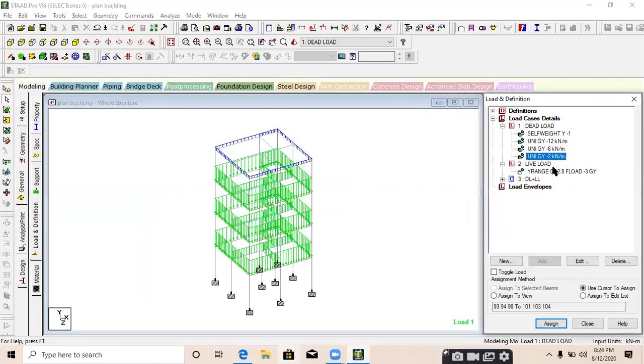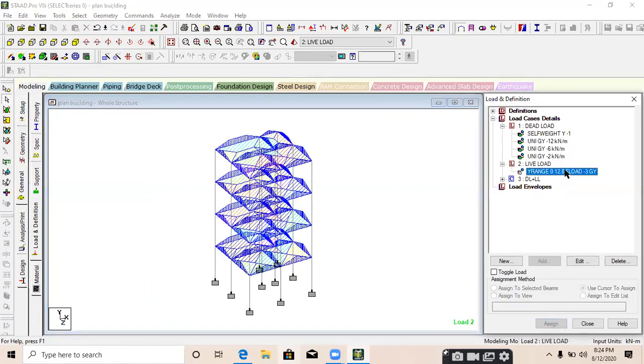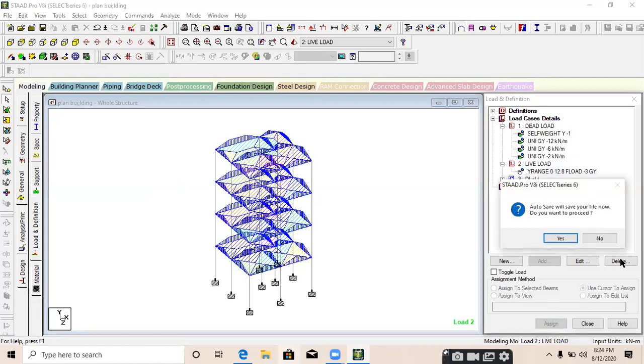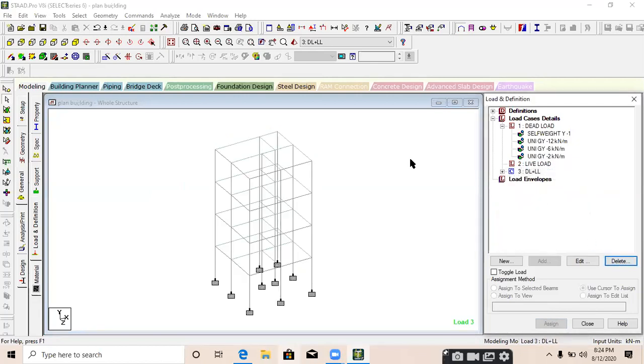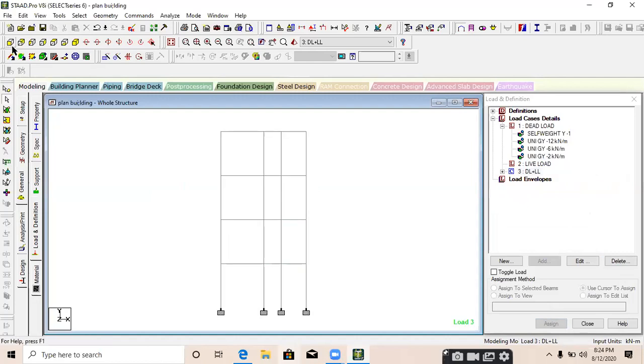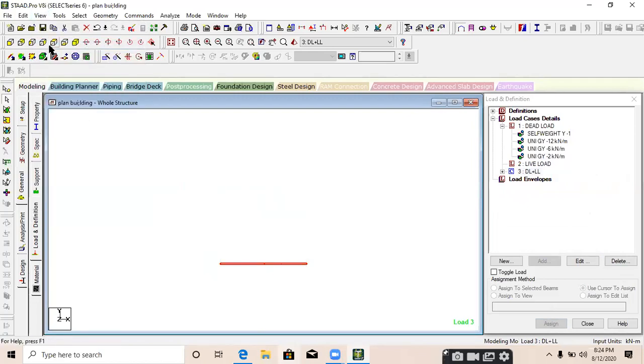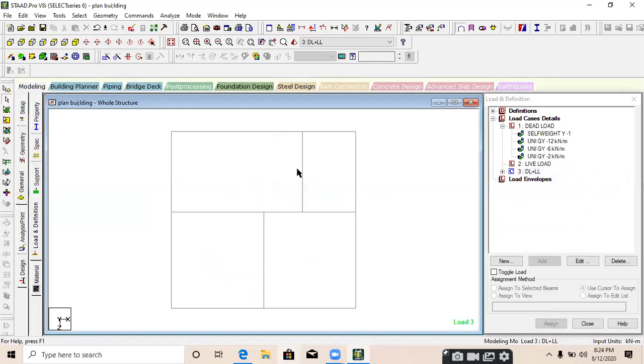Now what about the live load? I just delete this live load because we have assigned a same live load throughout the structure. How can we change the live load according to the room or purpose of the room? Suppose I'm selecting a one floor, view selected object only, go to the top view. There are 4 different rooms. Suppose it is a bedroom, it's a drawing room, kitchen, and a bathroom.